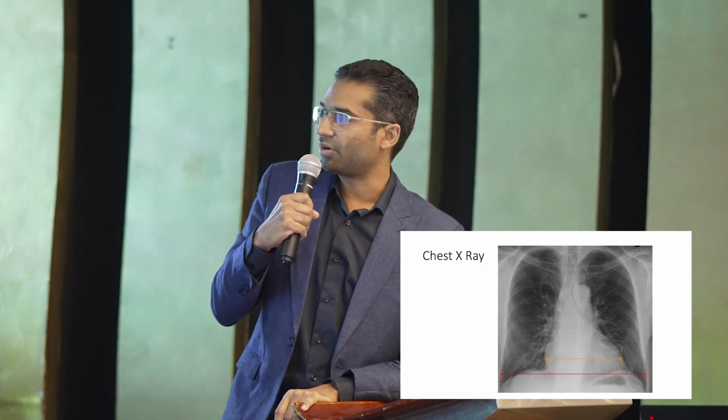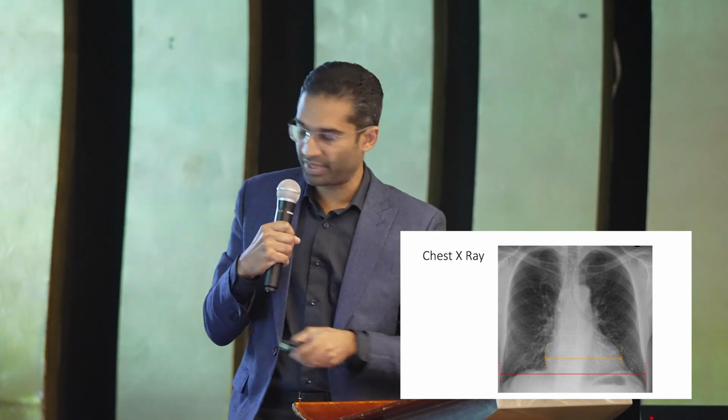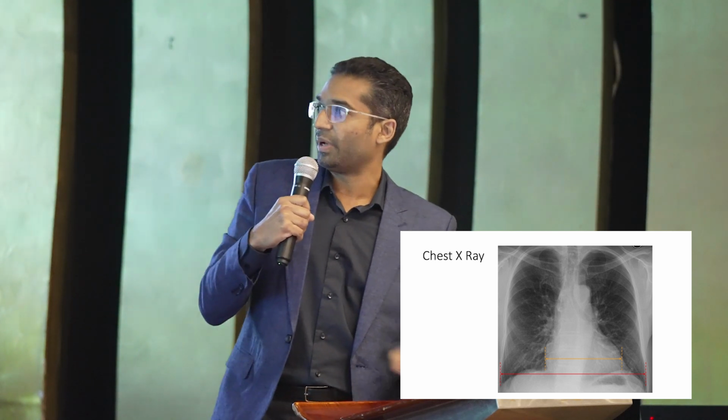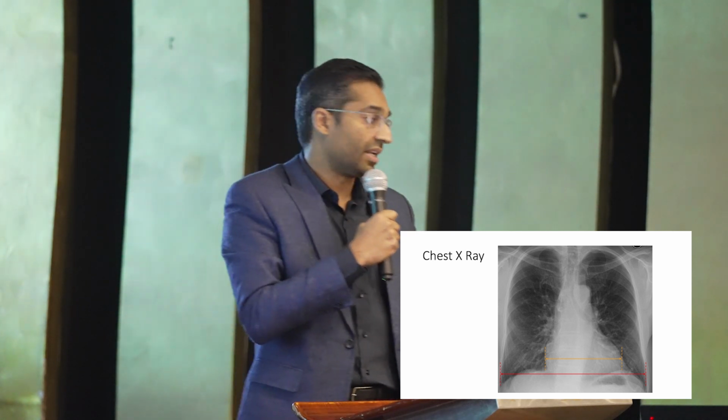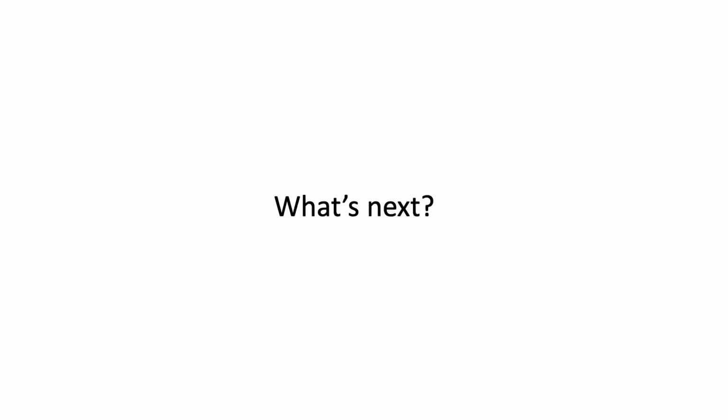I wouldn't say there's a lot of pulmonary congestion going on. Some may argue there's a bit of a bat's wings appearance there, right? But what I'm trying to emphasize here is that the heart is enlarged on the chest X-ray, right? So what did I do next?